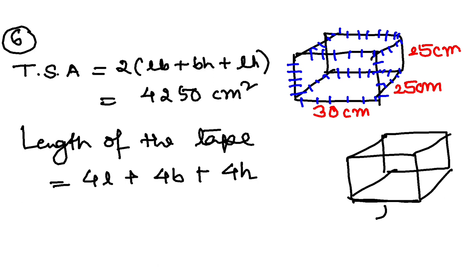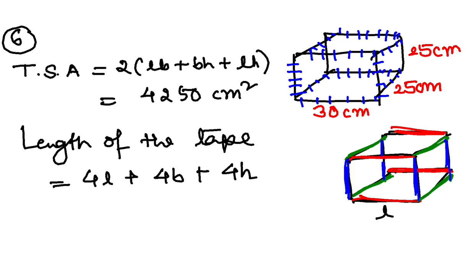This is a length, this is a length, this is a length, this is a length. So this red color, these are all lengths. Okay, now which are the breadths then? The green colored ones are the breadths, 4 breadths. And which are the heights? The blue color, height, height, height, and another height over here.